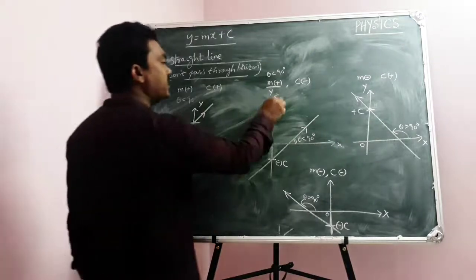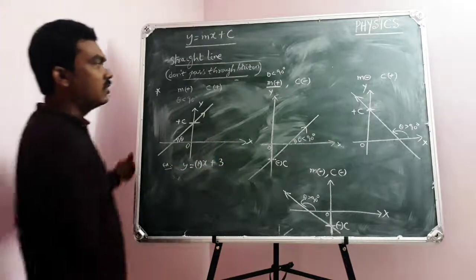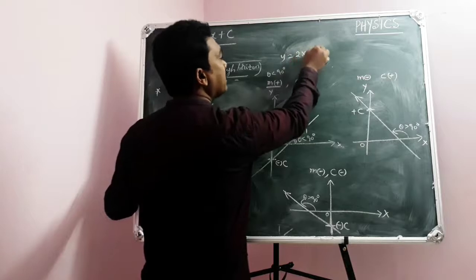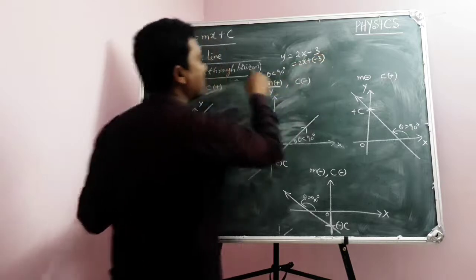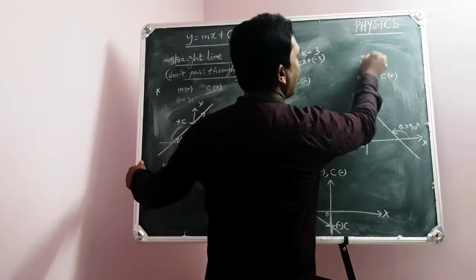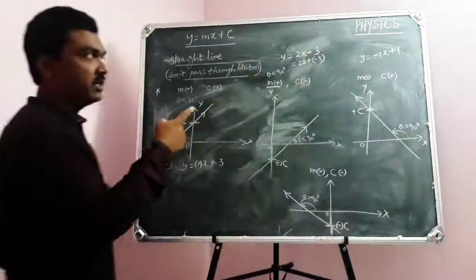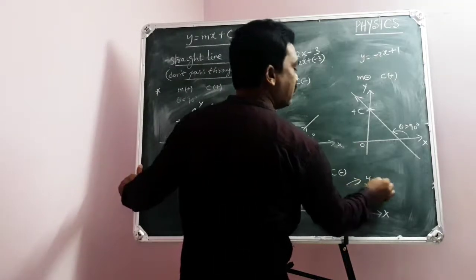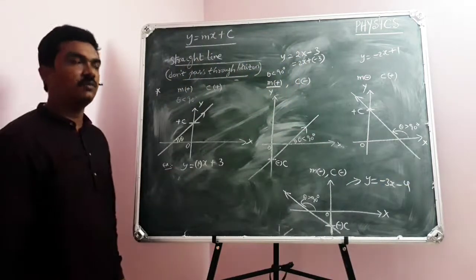These are the different possibilities that we have for y equal to mx plus c. All are representing y equal to mx plus c. Look at this here. M positive, c negative: y equal to 2x minus 3 can be written as 2x plus of minus 3, y equal to mx plus c. C negative, m positive. M negative, c positive: y equal to minus 2x plus 1, m equal to minus 2, c equal to plus 1. M negative, c negative: y is equal to minus 3x minus 4, m equal to minus 3, c is equal to minus 4.